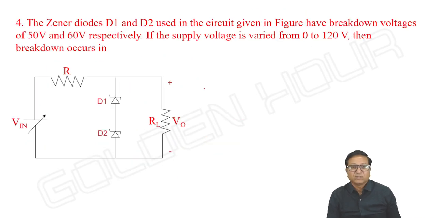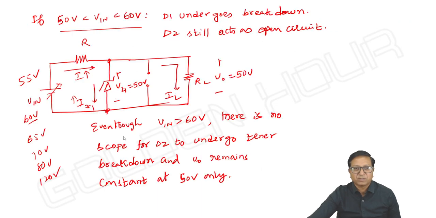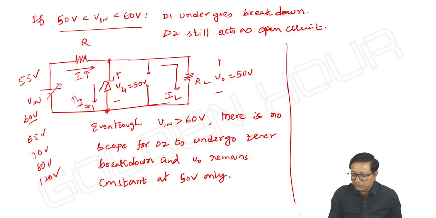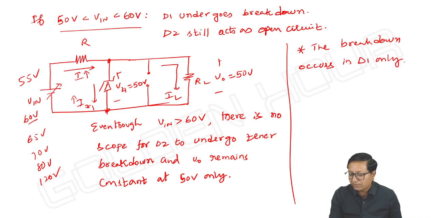Next, see this. The Zener diodes D1 and D2 used in the circuit given in figure have breakdown voltage of 50 and 60 volts respectively. If the supply voltage is varied from 0 to 120 volts, then the breakdown occurs in. Okay, actually in the previous problem, the breakdown occurs in D1 only, right? Here the conclusion is the breakdown occurs in D1 only. Okay,